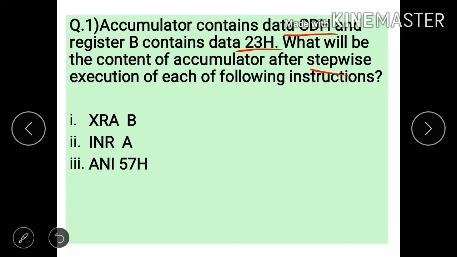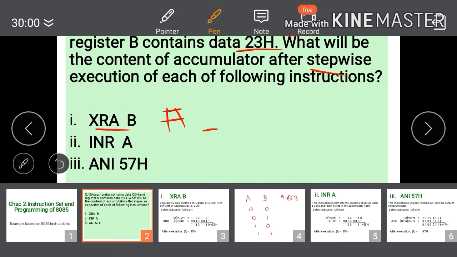So what is meant by stepwise? There are three instructions. First is XRA B, second is INR A, third is ANI 57H. So we have to execute these instructions stepwise. The first instruction is XRA B. We have to XOR the content of register B with the content of the accumulator, and the result will be stored in the accumulator. So suppose the result of XRA is in the accumulator